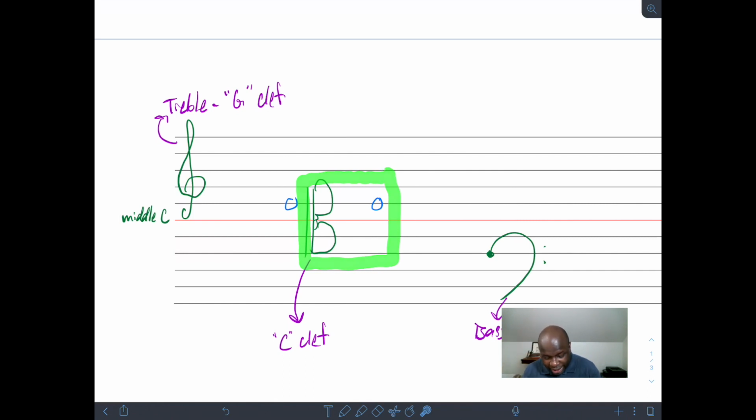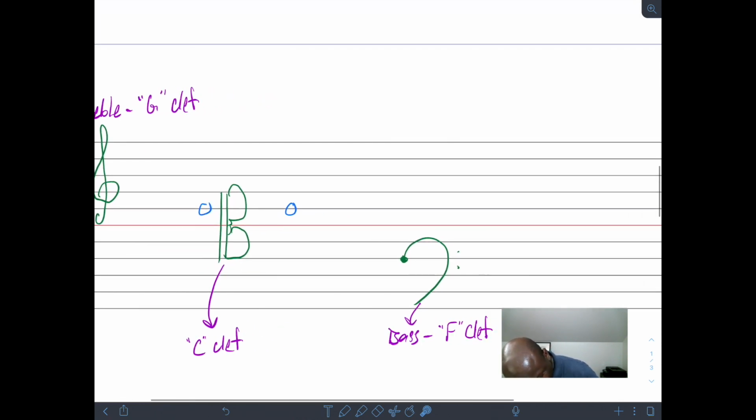Okay, whereas if I go to the bass clef, remember the bass clef, if I take the same note, move it over here, the bass clef shows me the 5 staff lines below middle C. As you can see, this note is actually outside that range, right? It's not within that. So how am I going to show this same E on the bass clef?